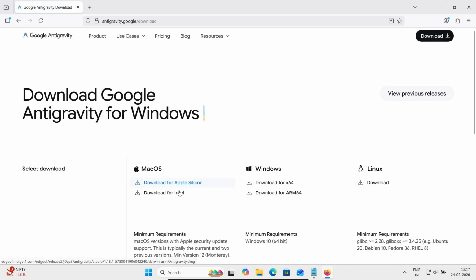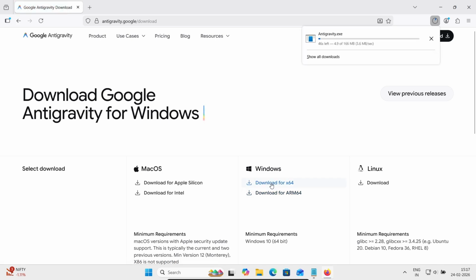Click there. Then you can get this software for Mac operating system, Windows and Linux. So let's use the download for 64-bit. Here you can see the antigravity.exe file is currently downloading. The total size is 166 MB. Now you can see the download of the antigravity exe file is completed. Simply you need to click on this exe file,